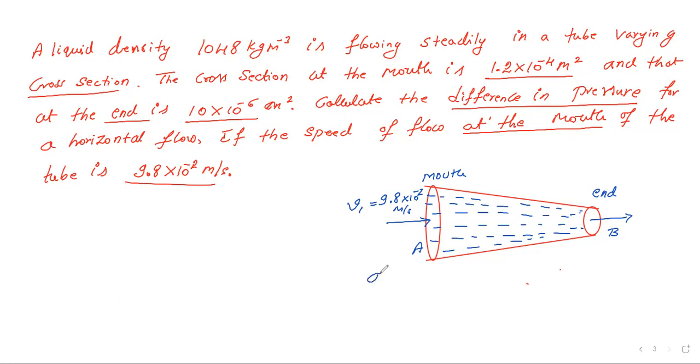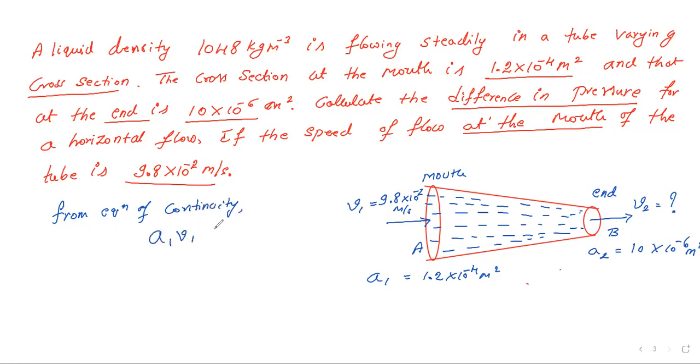That I will take as a small a1: 1.2 × 10^-4 m². And the area of cross section at the end, I will take as A2, that is 10 × 10^-6 m². Now I don't know the velocity at the other point. Let it be V2. For this situation I can use the equation of continuity. From the equation of continuity,